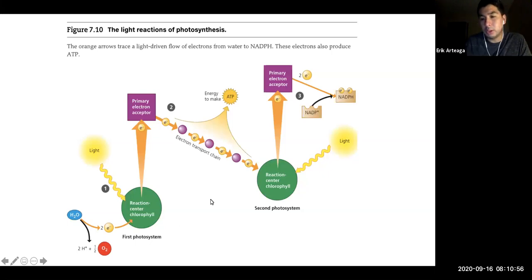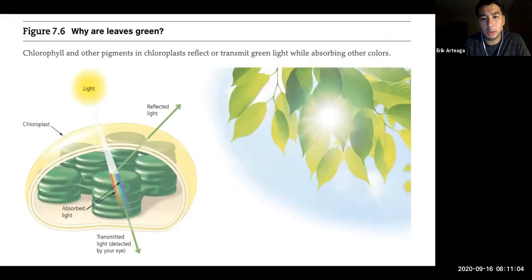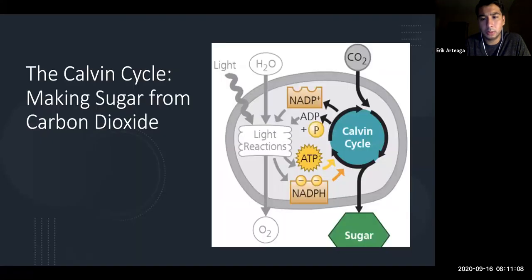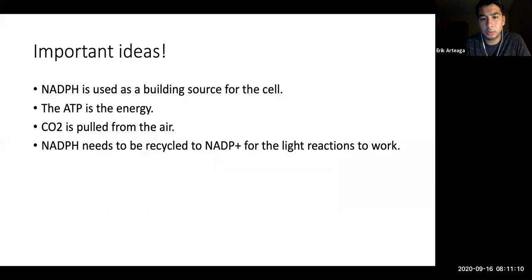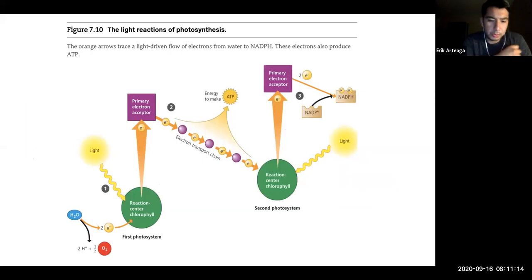All right, so just a quick review. We're talking about the light reactions here, photosynthesis, and then I think we already talked about... no, we haven't talked about the Calvin cycle. We're not to the Calvin cycle yet. So these are the light reactions still, right? So we have two